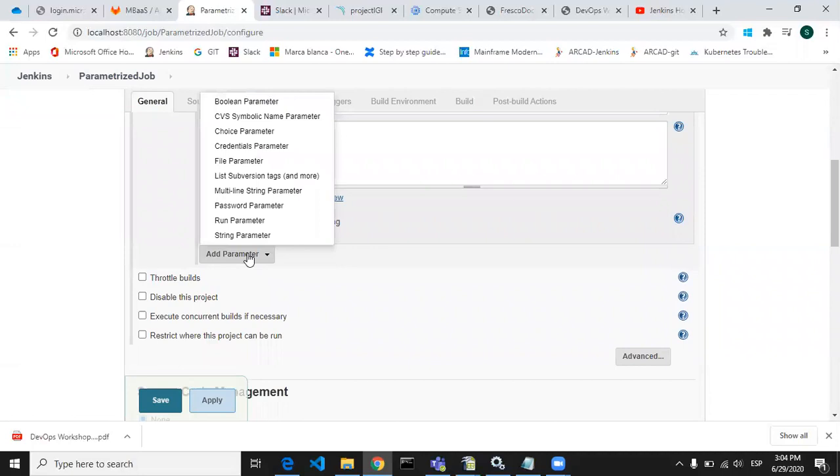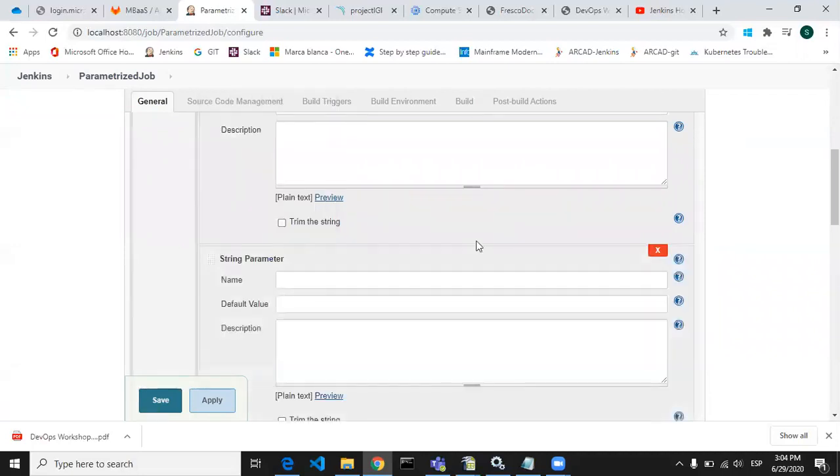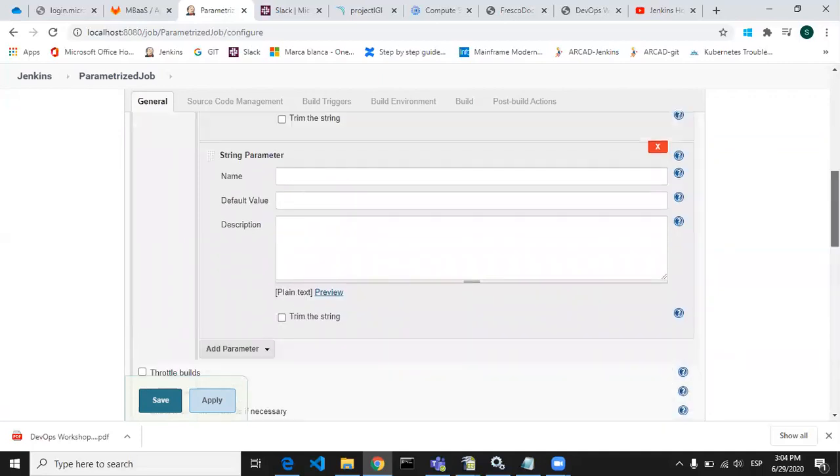I am again taking a string parameter as last name, and I am giving the default value as Deshmukh.